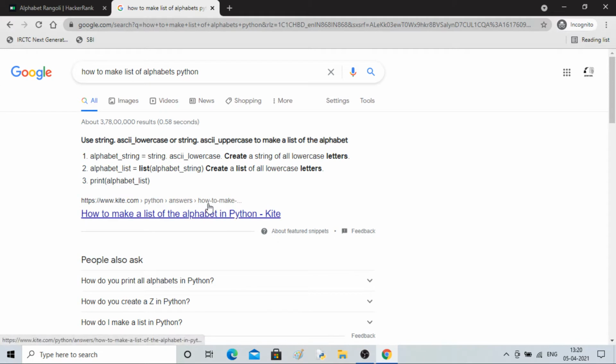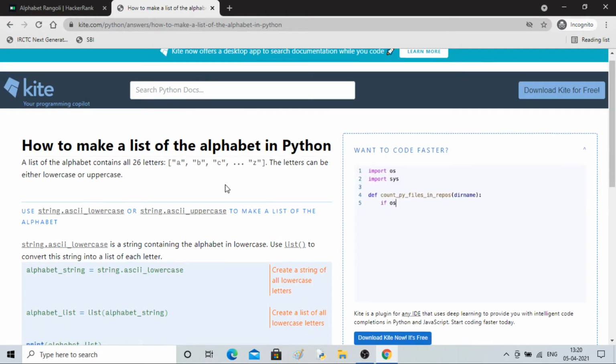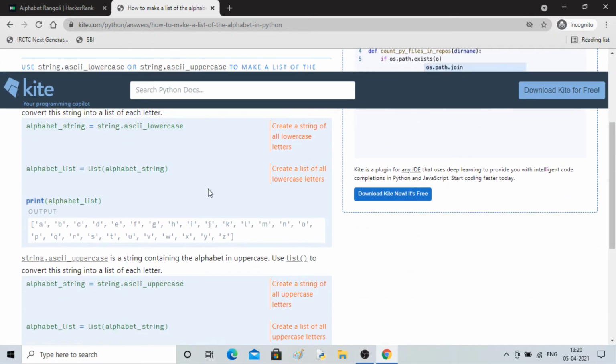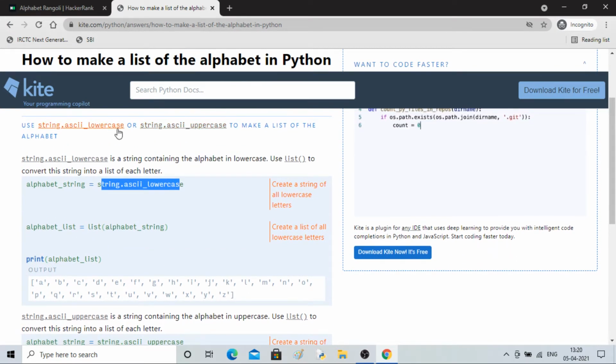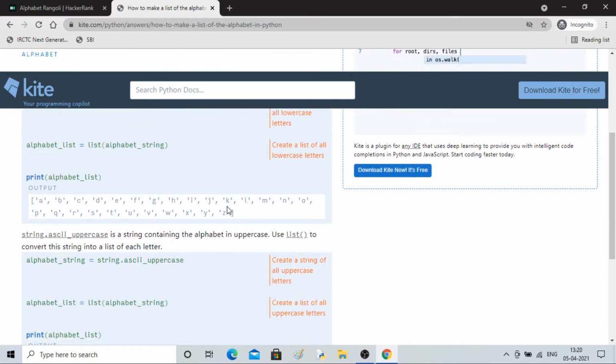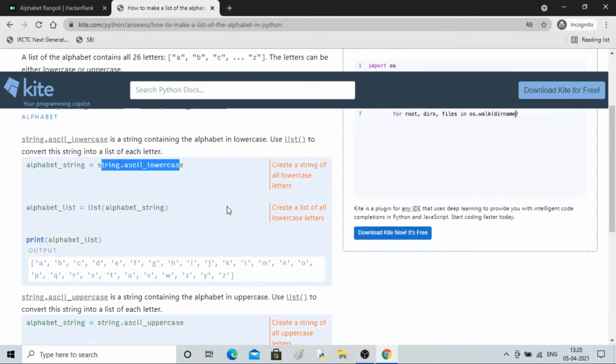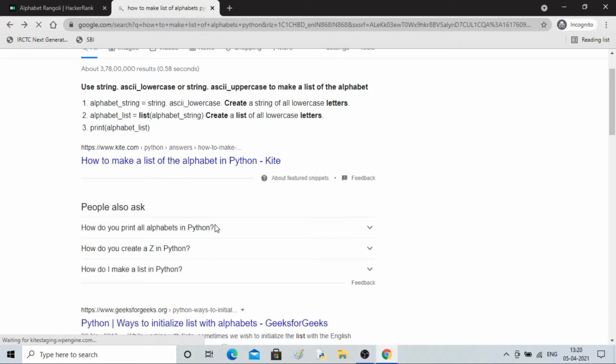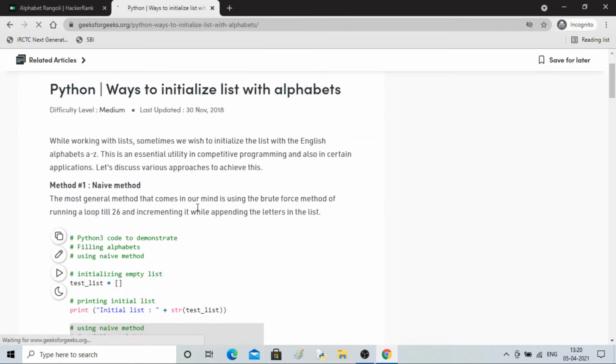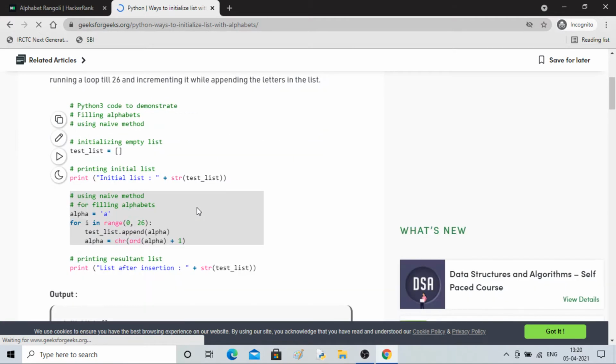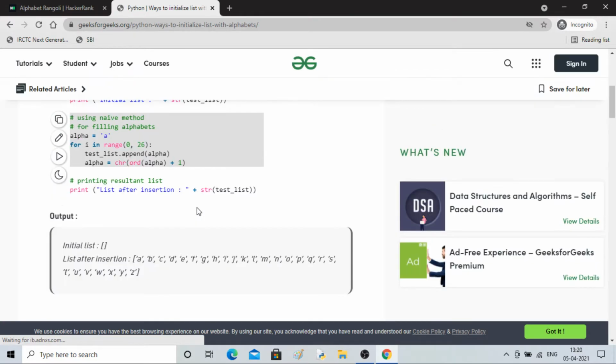So this is how you can make a list of alphabets. If I go inside, here you can see that if I take string dot alphabet, string is my library. I'm looking for a better way.